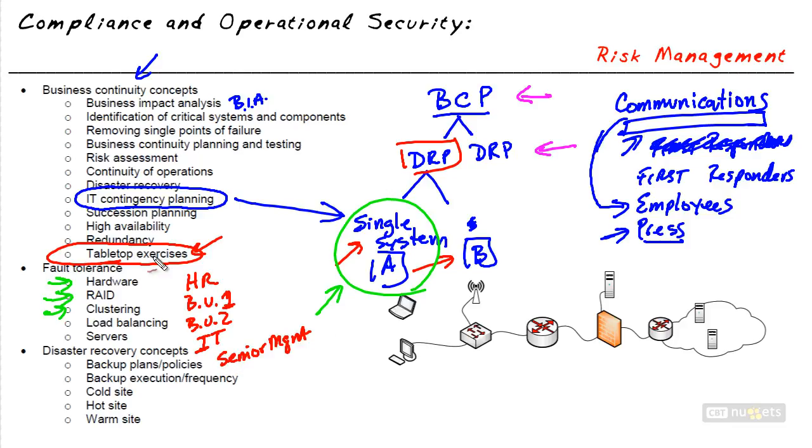And what you do around a table is you say, okay, great, let's presume that we just lost power. Or let's presume that our building was just demolished by a natural disaster. And then you walk through it. And it would involve specifics. For example, the manager or director of business unit number 1, we might say specifically to him, okay, we have to go to a warm site in our tabletop exercise. We're going to a warm site.